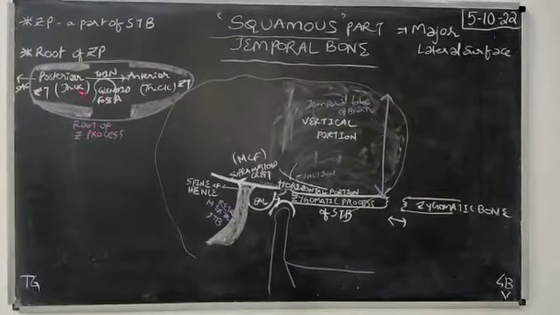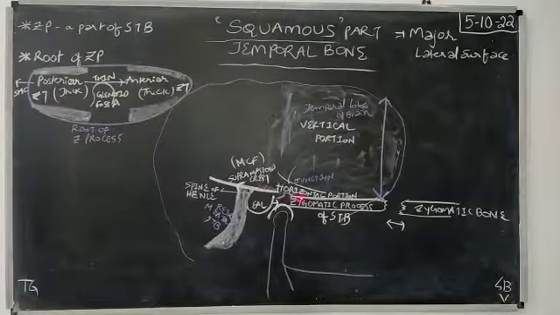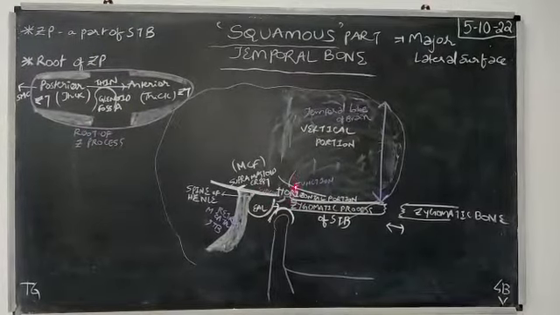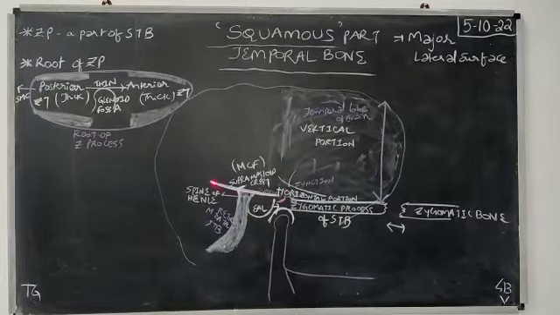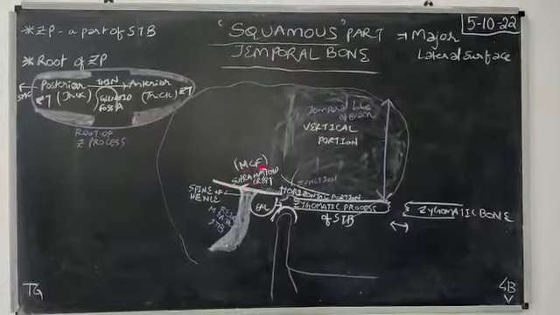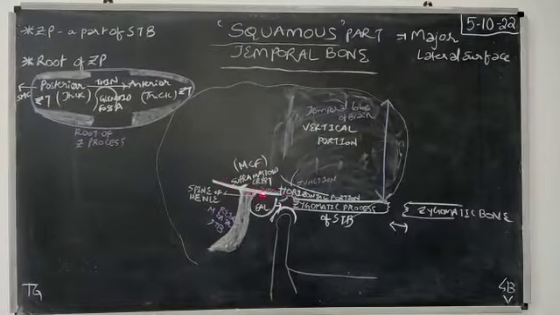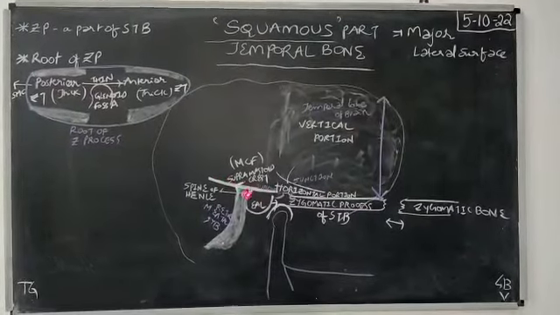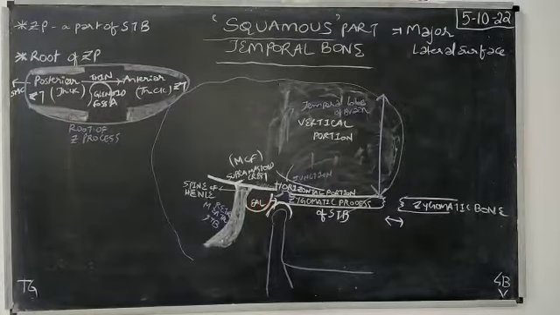We have already told that this particular root of the zygomatic process is where the horizontal part and vertical part of the squamous temporal bone are going to meet, it is going to form like that, and it is going to go posteriorly like the supramastoid crest. If you take, this is the mastoid bone, this is the supramastoid crest. So you could find the spine of Henle over here, the posterior superior part of the external auditory canal, and this